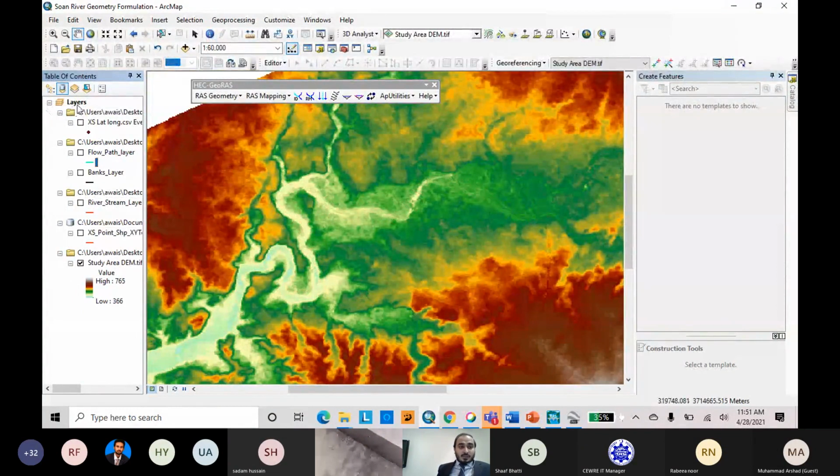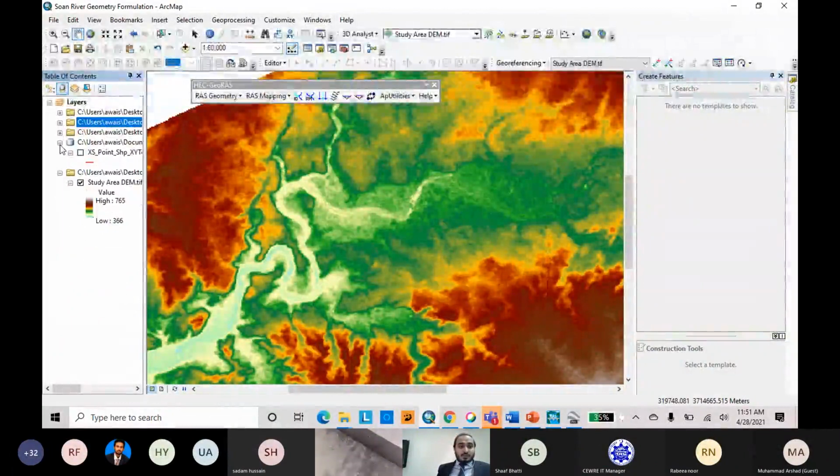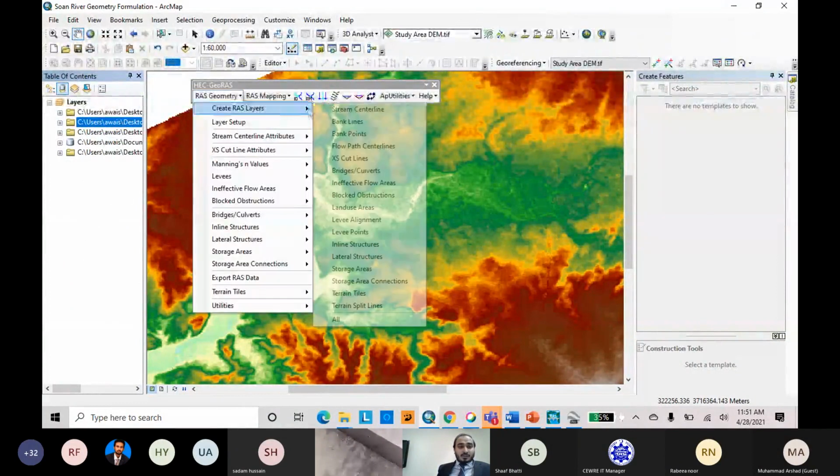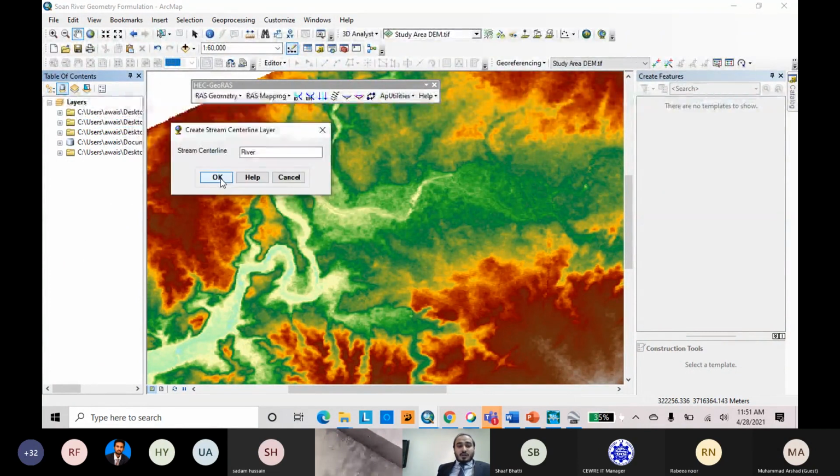Pay attention to the layer drop downs. You will see when we develop the HEC-GeoRAS geometric layers, they will specify their names by themselves. First one is streamline. You can change the name, but I think it is useful to remain at default, because they have to automatically readjust their layers in some layer features.